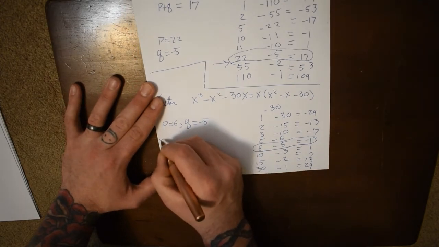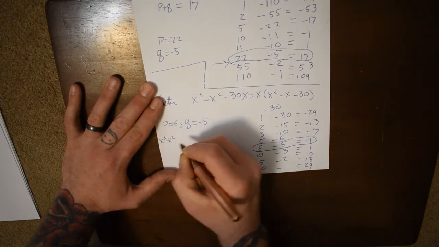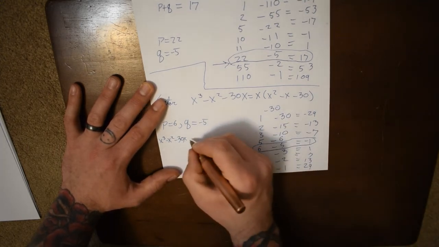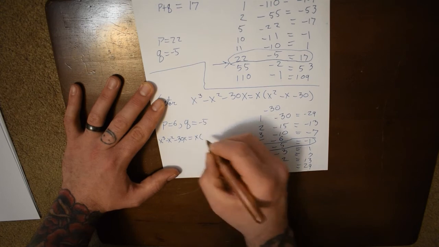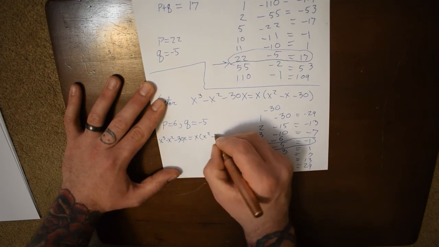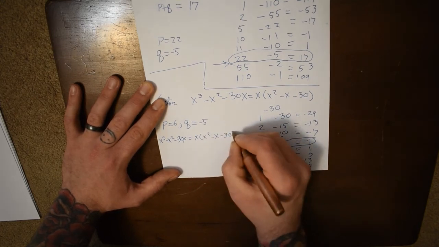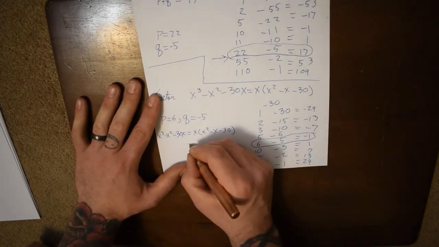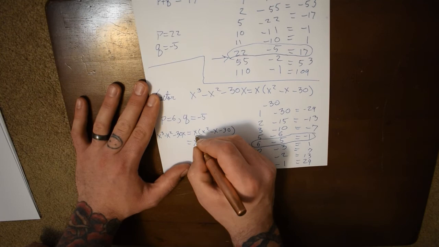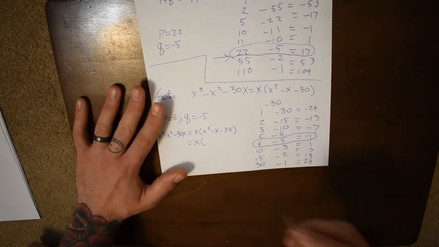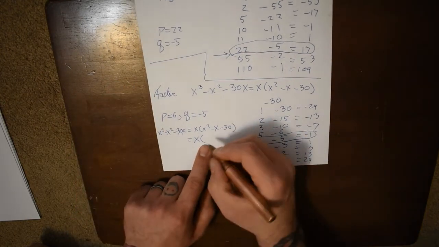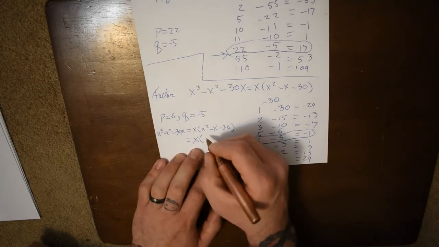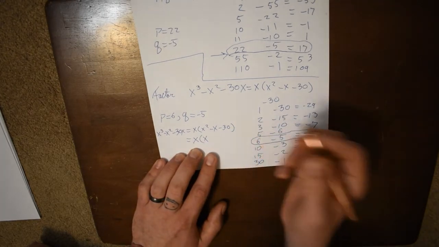We know that x cubed minus x squared minus 30x is equal to x times x squared minus x minus 30. But we know what that thing is equal to. This leading x is along for the ride. Through this process, we figured out that x squared minus x minus 30 is the same as x